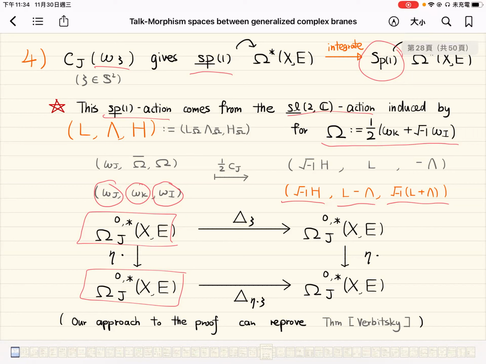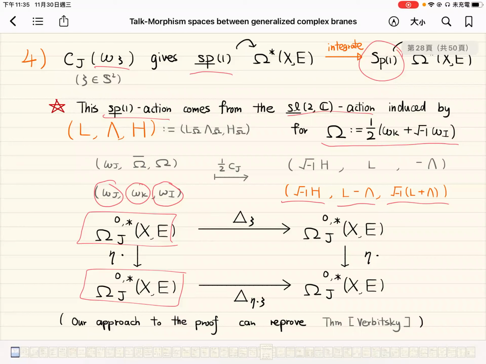When you fix a J, where is the SP1 acting? If you look at the top line and the bottom line, you have different operators, delta zeta and delta eta applied to zeta. That should be eta acting on J, on the bottom. Why will the eta also send to J, omega on J? For other elements apart from this SP1, that may not preserve the space of zero star forms with respect to J.